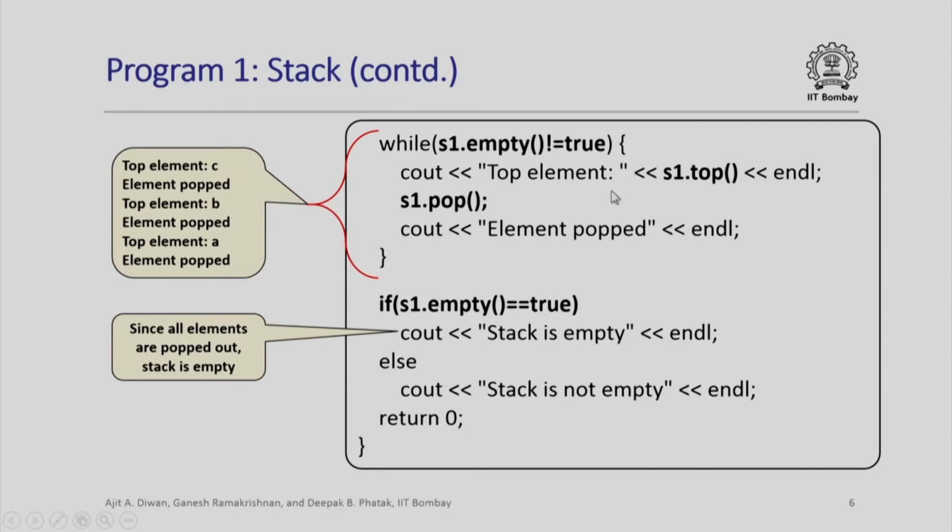Next time it will show B and it will pop off B. Third iteration, it will show A, pop off A. When A is popped off, there is nothing left. So, this condition will now become true and I will come out of the loop. Essentially, what we have done is we have pushed 3 characters on the stack and successively examined and removed them one by one. Of course, at the end the stack should be empty.